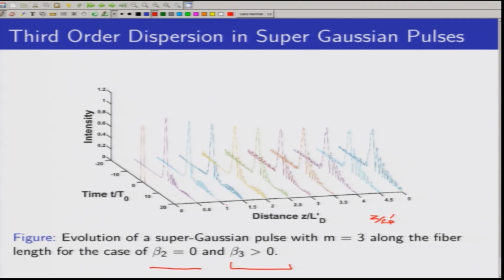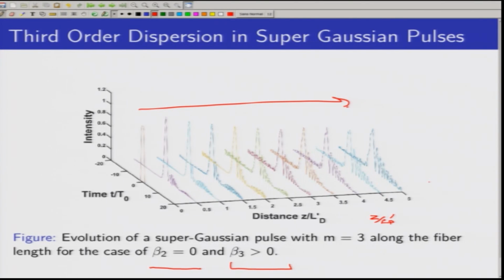So, as we see, as we are moving along the fiber, the pulse is initially not distorted. As we move, even at 0.5 LD', which is half the third order dispersion length, we see significant distortion in the trailing edges of the pulse. And as we move ahead, the pulse gets distorted more and more, and we also see some pulse broadening happening as we move along the dispersion length,